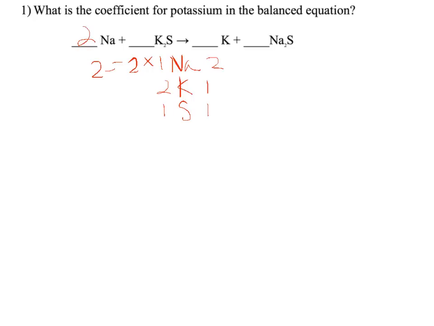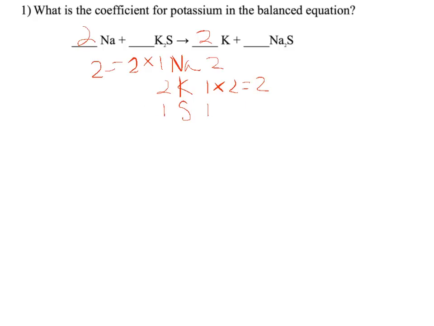And we also need to multiply our potassium on our product side by 2. So again, whatever number we multiply here has to come up and be our coefficient. So that means the 2 goes in front of the potassium. Alright, well, now if we reassess, we have 2 sodiums on the reactant side and 2 on the product, 2 potassiums on the reactant side and 2 on the product, and we have 1 sulfur on each side, which means